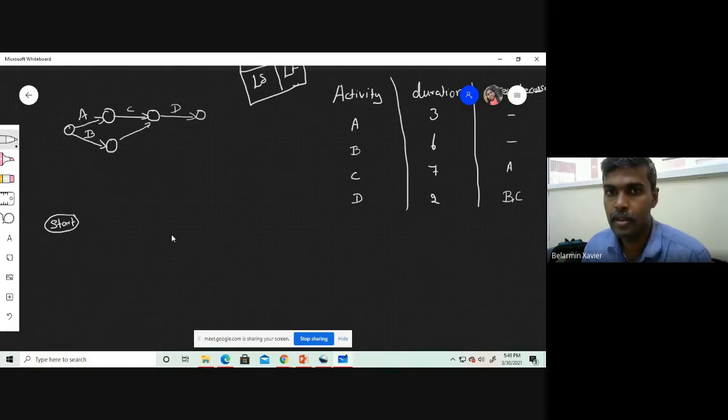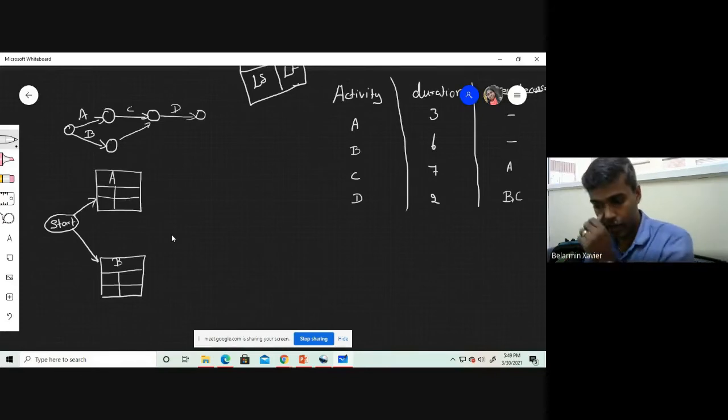So from here we can connect activity A and activity B. We can connect like this. Then activity C: activity C's predecessor is A, so activity C will come here.